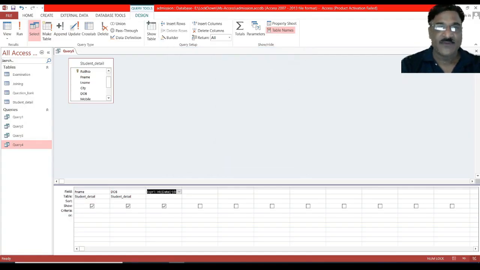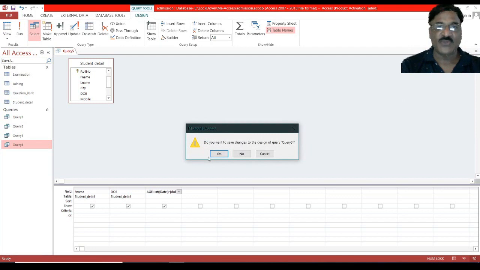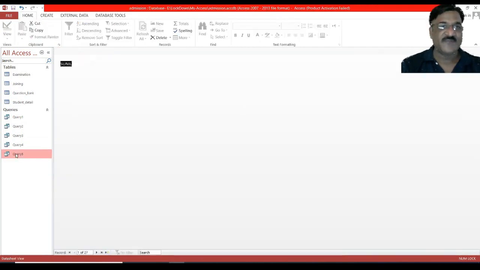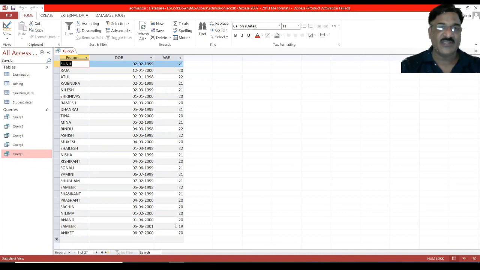Okay, so see, by default it is showing what? The new derived name is what? Expression 1. So instead of that, you can specify your own name, for example age, and now close it. Want to save? Yes, and now click. So see, it is showing the age column, that is the derived column.